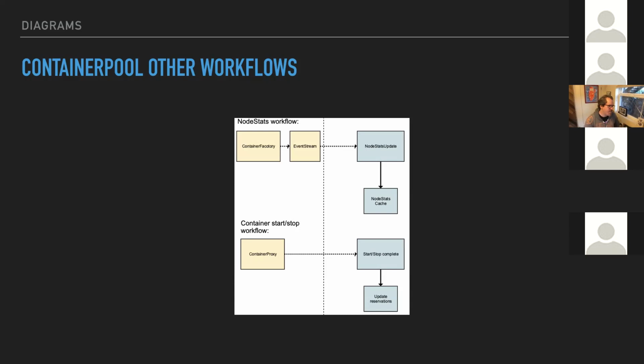And then the other change is at the container proxy layer, where we need to pay a little bit more attention to the start and stop complete process within the container lifecycle, so that we can update reservations to say, okay, the container was launched at the container pool, and the container proxy has propagated that into the container factory, and now the container is actually launched, and so the reservation needs to be updated to say, okay, this reservation is actually now complete, versus having some resources that have been allocated but not actually used yet.